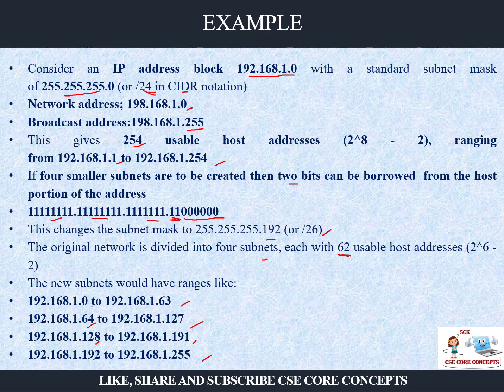So I hope you have understood how we divide. It is given in the /24 notation. You are always given an IP address, so you have a subnet mask. You know the class of the IP address, and based on that, you have the subnet mask. From the subnet mask, depending on how many divisions you want to do, you have to borrow that many bits, raised to the power of that many bits, from the subnet mask. Okay, and then you convert and see what value you get here. That is the new range of the IP addresses.